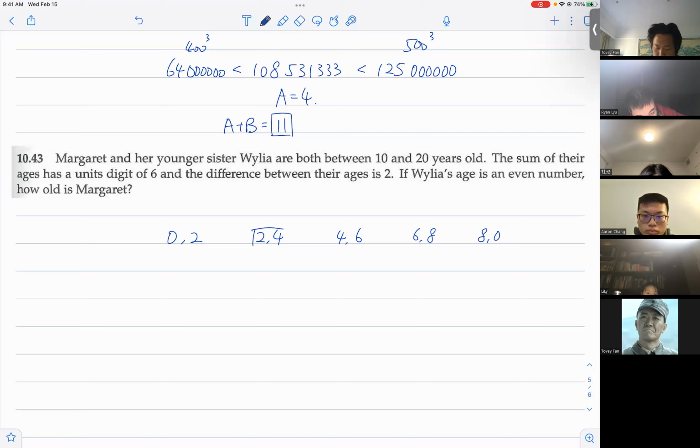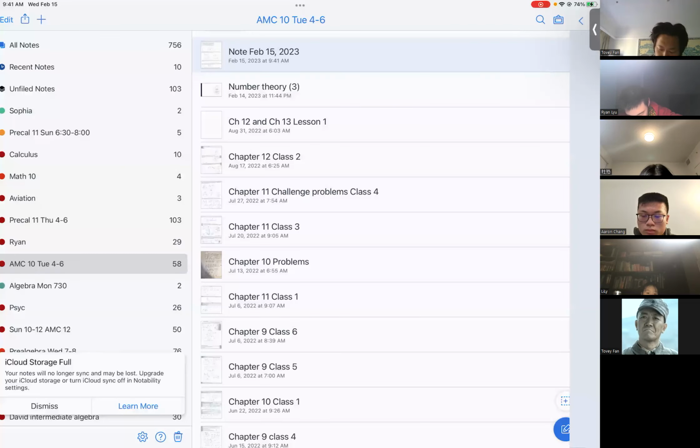That means only this will give you a 6, and they are between 10 and 20. So one is 12, the other one is 14, and Margaret is the bigger sister, so 14. Yeah, pretty simple. And next,